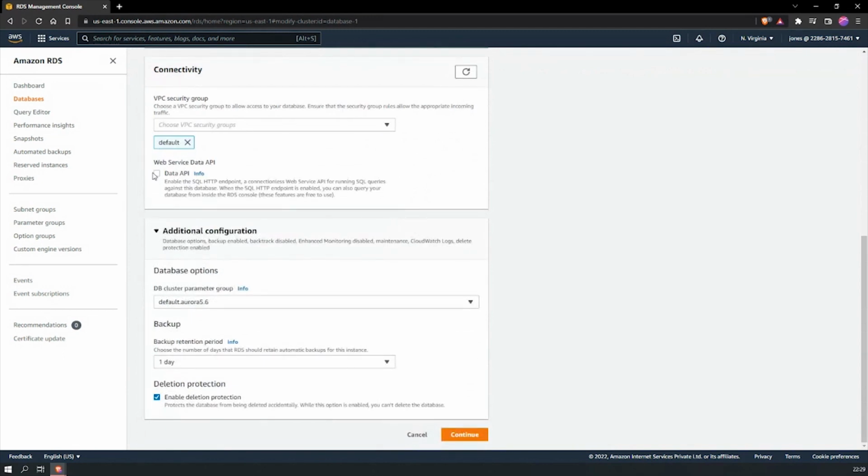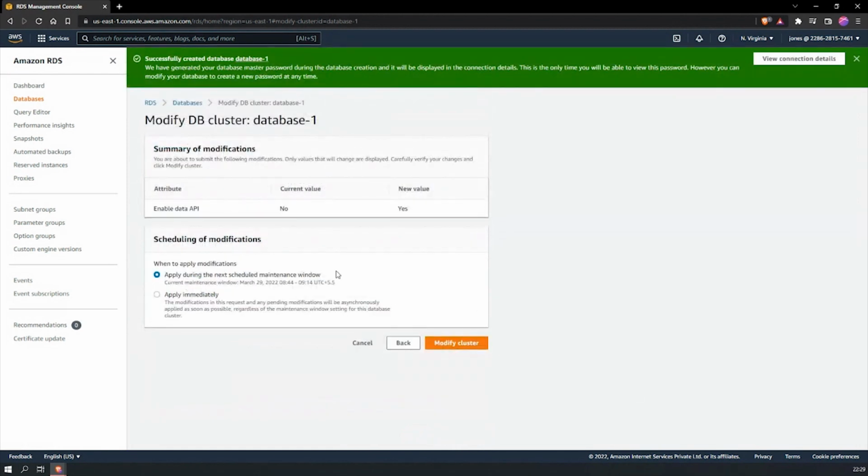So since the data API is not enabled, you could not use the HTTP endpoint and perform Aurora queries. So you would have to enable data API, and once you hit continue, it'll ask you if you would want to do it at the next maintenance window or immediately. So you could go with immediate,